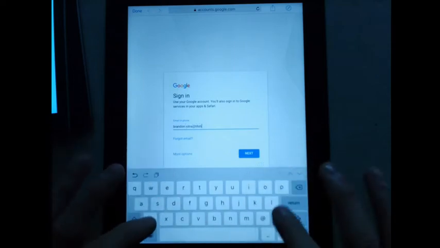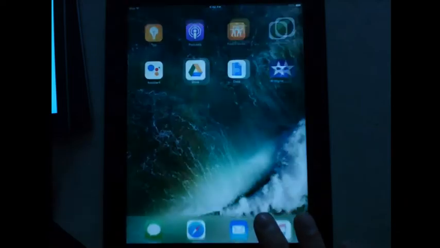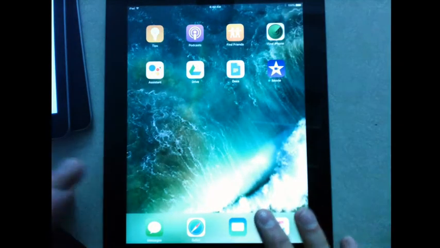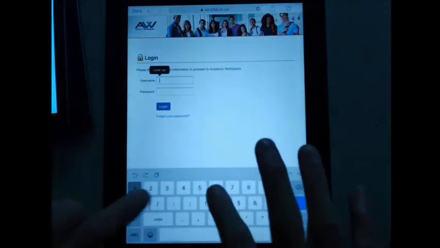So let's say I'm going to wipe this iPad, because this iPad right now, as you can see, is not in AirWatch. It doesn't have the TDSB blue background. So I'm just going to walk you through as if, for example, I were going to wipe this iPad. I'm going to take this out of screen so I don't type in my password, as I've done many times before. Okay. So I've logged into AW, and I should now be signed into the Google Drive app on this iPad.